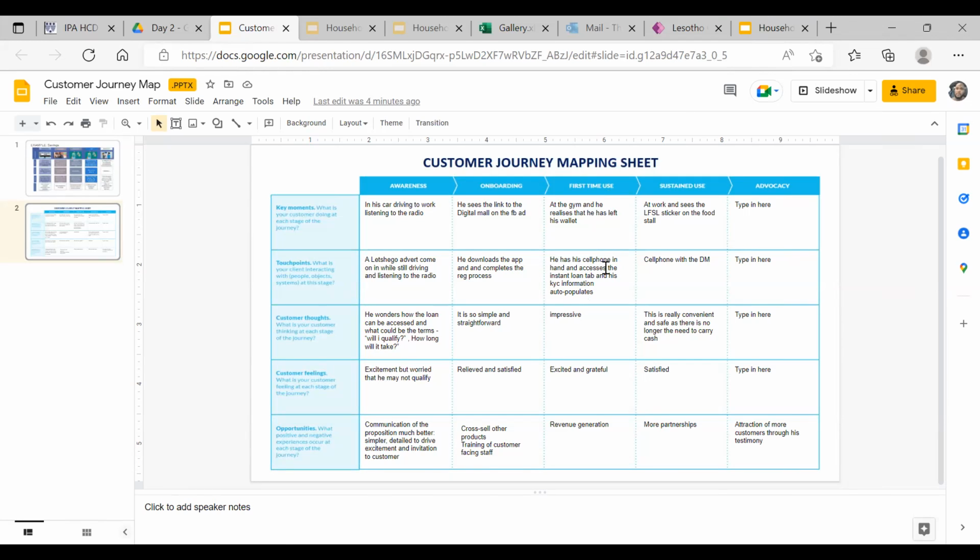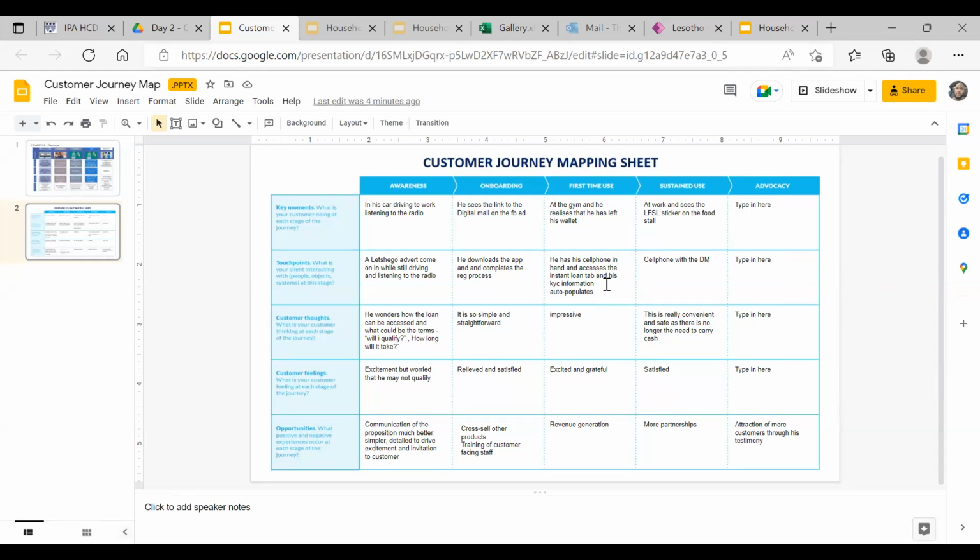Now, with respect to the use, we've got our customer who's now at the gym. Remember, they've downloaded the app and they're excited to see these other products. While at the gym, they realize they don't have their wallet with them, and instantly remember that the gym membership is due. They instantly remember there is a Letshego app that has an instant loan on offer. And since they're carrying their cell phone, they go into their phone and access the mall, and instantly the